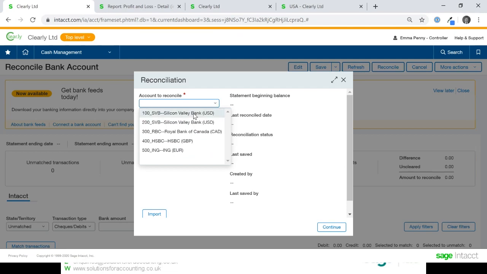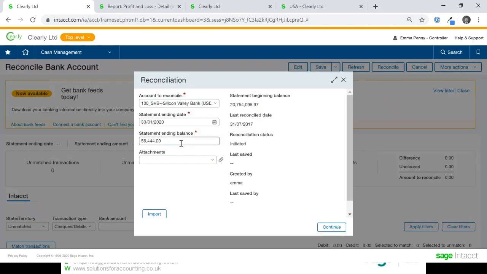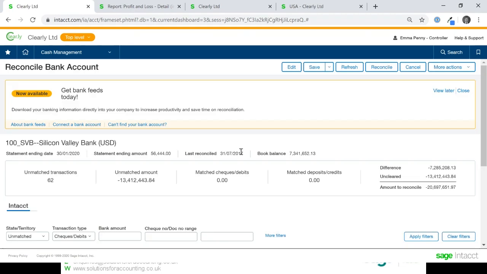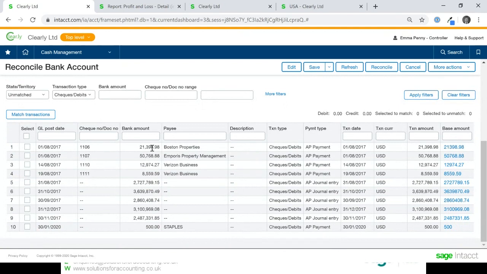We'll be able to select our account, and then you'll see your list of transactions ready to match off. So there's our AP payment that we've just made. If I was matching that off in this manual method, I would tick that off and tick off all the ones that relate to the piece of paper in front of me, and away I go.